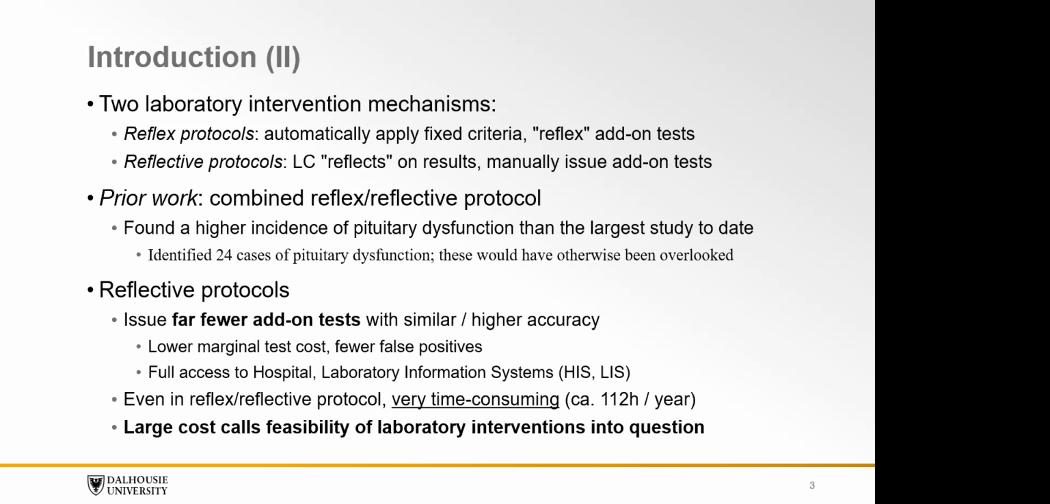I mean, here we say 24 cases of pituitary dysfunction is a huge success for this kind of work. But in the grand scheme of things, it is almost insignificant, right? You could spend that money on buying a new MRI machine or something that impacts more patients. So this high cost calls into question the feasibility of laboratory interventions using a reflective or even a combined reflex-reflective